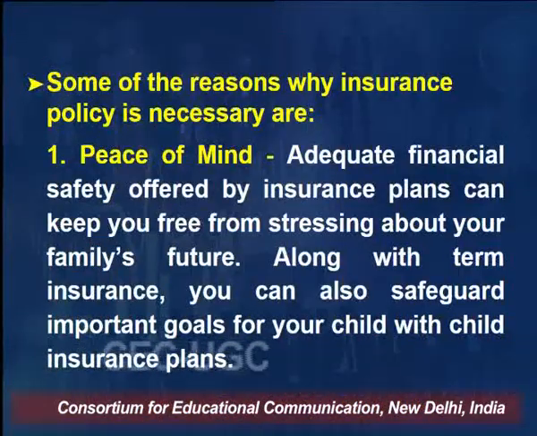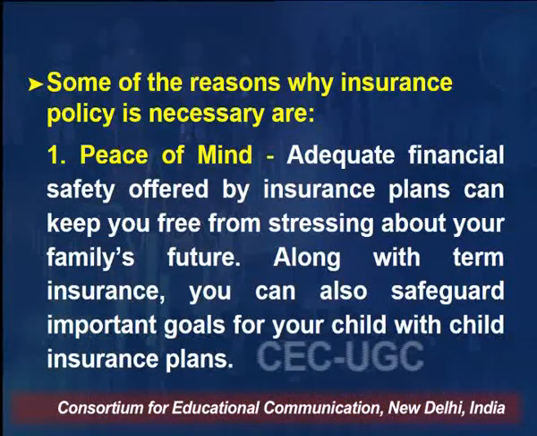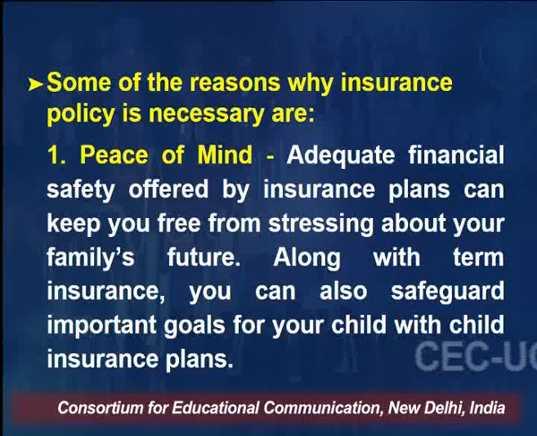And if the person reaches that age, then the amount will be given. But if something happens in between, the money will be given to the family members. So I have peace of mind that if something happens to me in my life, at least my family members, my children, my dependents will have their education, will have their two-time meals easily, right? So it gives me peace of mind, and peace of mind is the ultimate happiness of life, right?